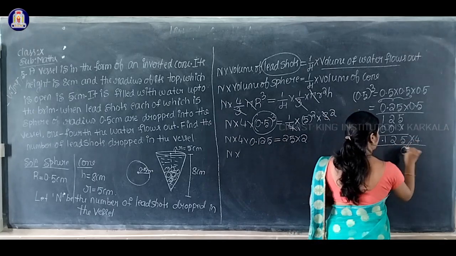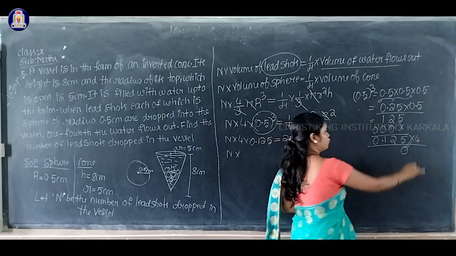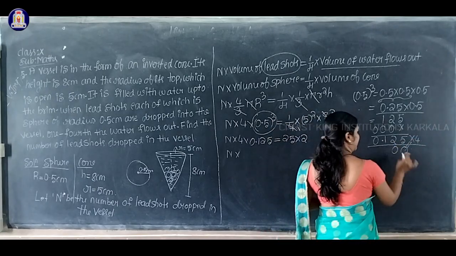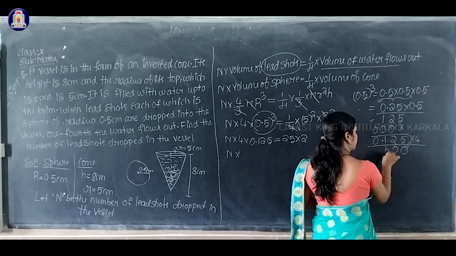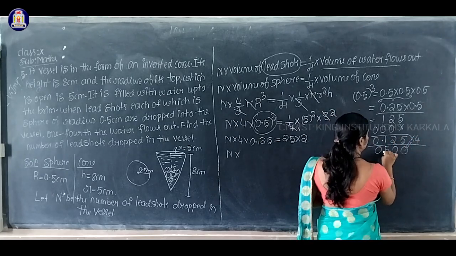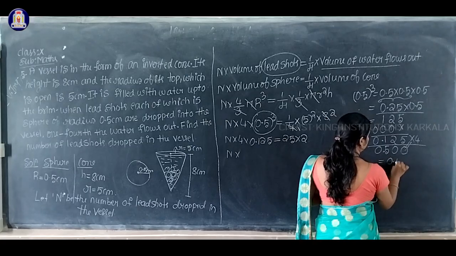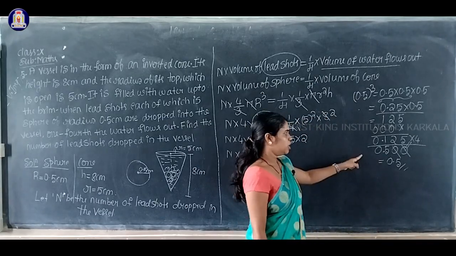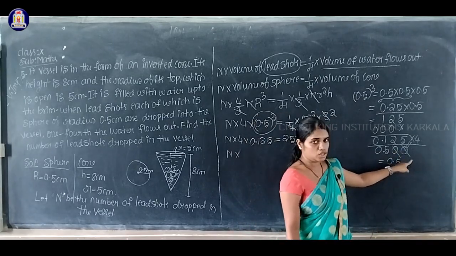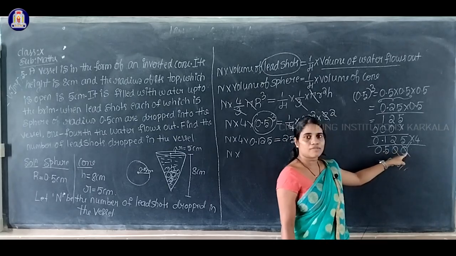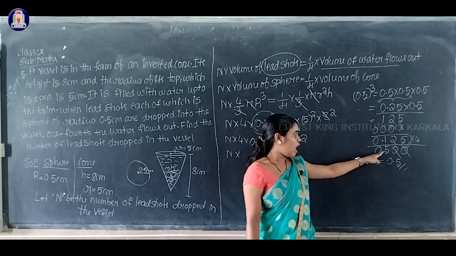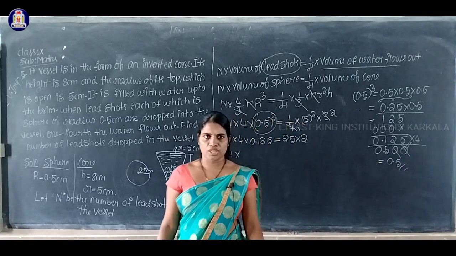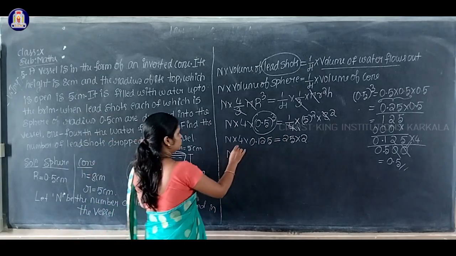Okay, 5 4s are 20, 2 carrying, 4 2s are 8, 8 plus 2 equal to how much? 10, again 1 carrying, 4 ones are 4, 4 plus 1 is 5, 4 into 0. So this is nothing but 0.5 because the last two zeros you can neglect. Actually you will get 0.500, but the last two zeros are not valid because they are existing after the decimal point. So therefore no need to consider. Your answer is 0.5.